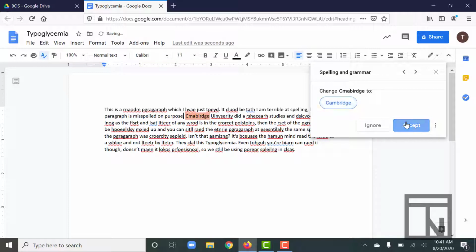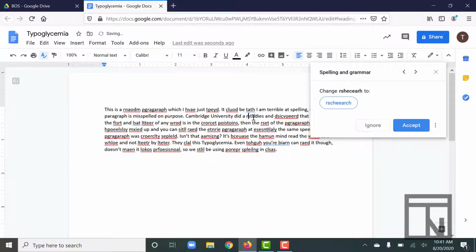Purpose, Cambridge, University. So you can move through these, and again, you can move through fairly quickly. Just make sure that you're double checking them. Like this one, it couldn't figure out what research was. It was too scrambled, so I'm going to double click that